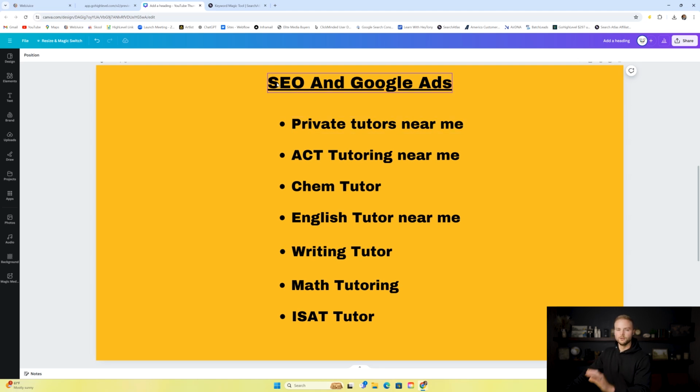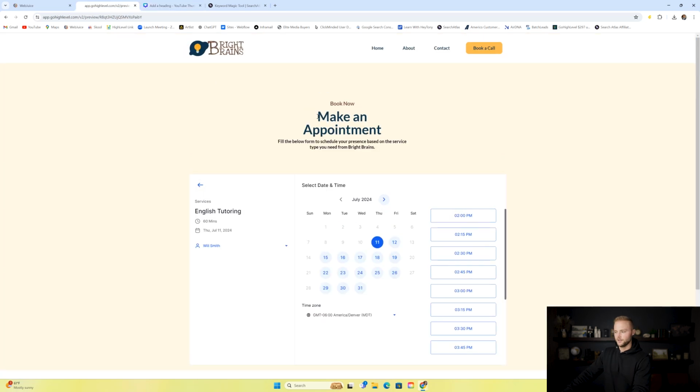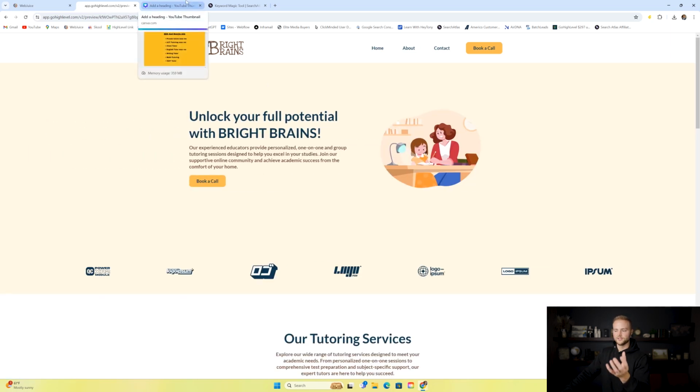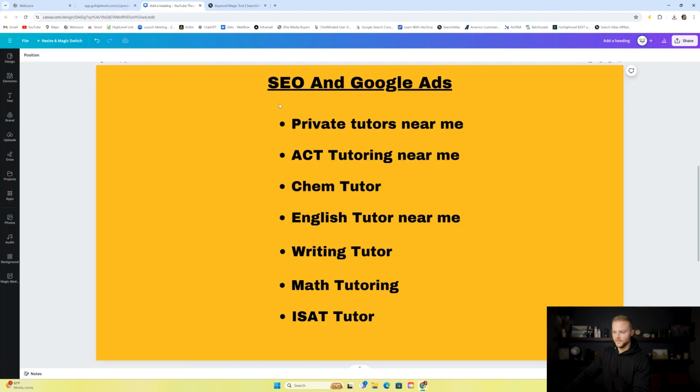These are the words that you'll include on their actual website. It's like the titles, the subheadlines, things like that you'll want to include throughout their website to help them rank on Google and help Google notice what this business is about and what niche they're in and how to rank them appropriately. So these are the keywords I looked up